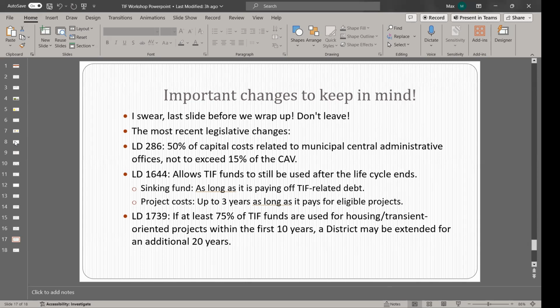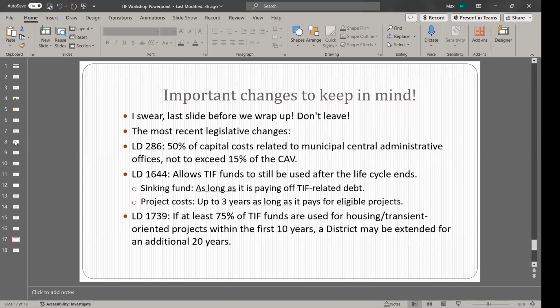With this change, there's two options. If your town incurred any municipal debt that's being paid off by the TIF district, then the TIF account can still exist, and what's remaining can go into the sinking fund and stay in the sinking fund as long as you're still paying off that debt. Now, this doesn't mean you get to keep that captured value. That goes back into the original value that we talked about. That $1 million at the end of 30 years becomes $1 million.